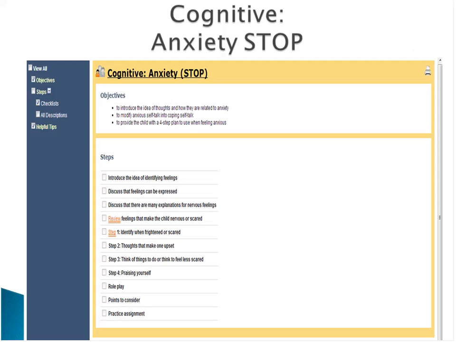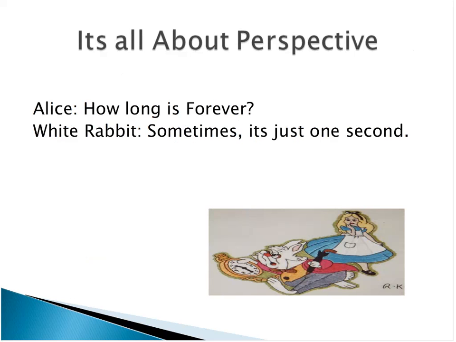And so here's the cognitive anxiety element, okay? And then it really introduces the idea of thought and how they are related to anxiety, and how we can turn unhealthy or unhelpful thinking patterns into positive coping self-talk, okay? It's all about perspective. And so Alice asked the white rabbit, how long is forever? And the white rabbit says, sometimes just one second. So I wanted to talk a little bit about, at this point, one of the